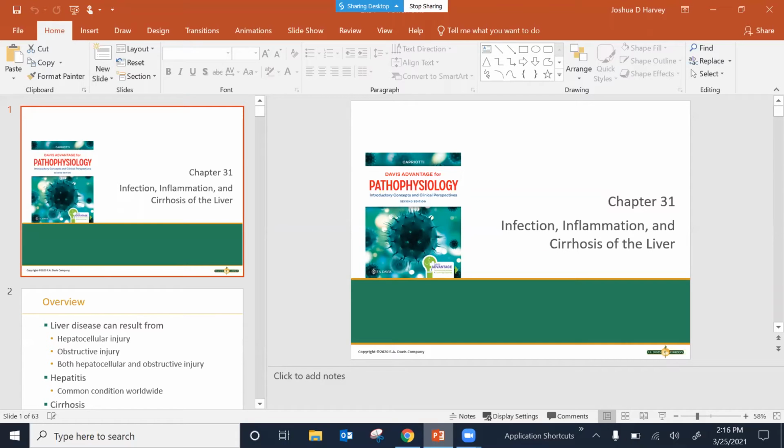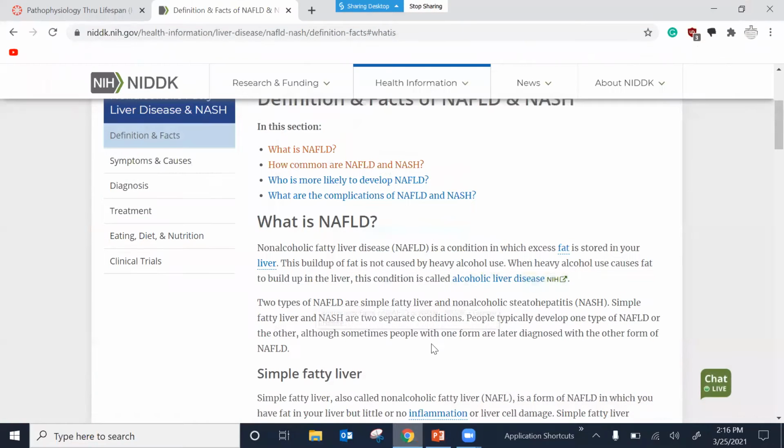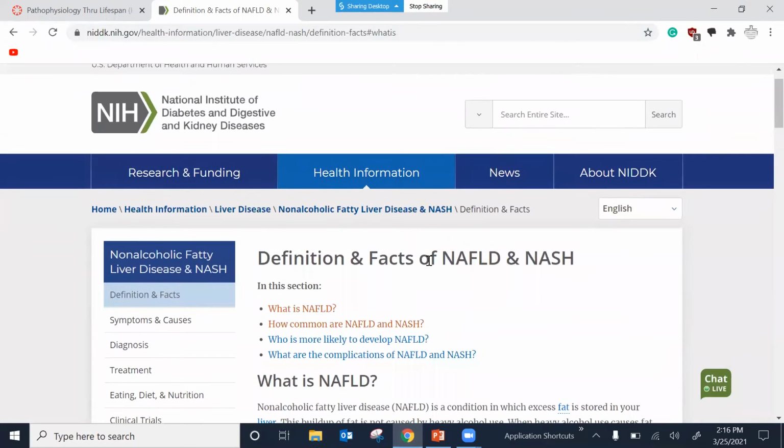Now we're on to chapter 31, liver stuff. And when I'm studying pathophys, the way that I study is I try to find something that relates to me personally, and then that tends to motivate me to dig in deep to the science. So I'll show you what got me started looking into the liver stuff is when I started hearing about